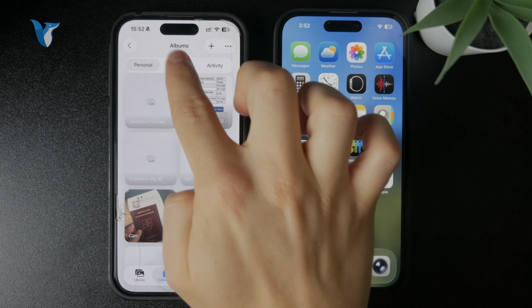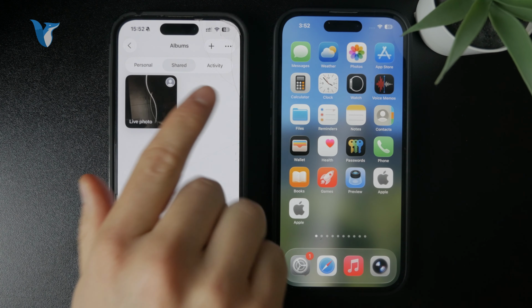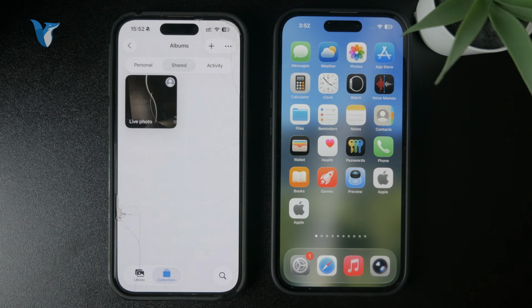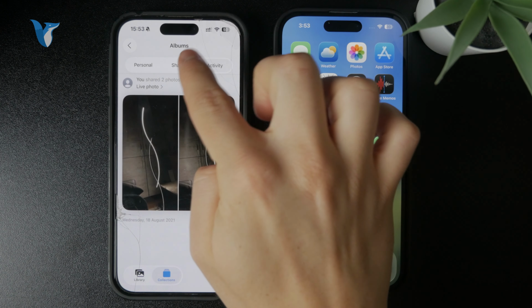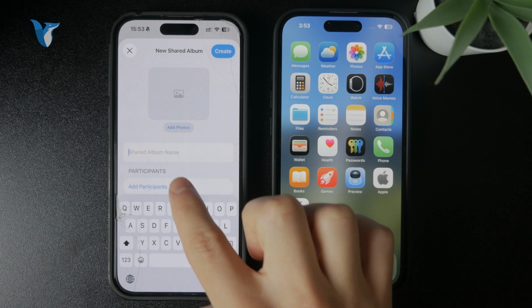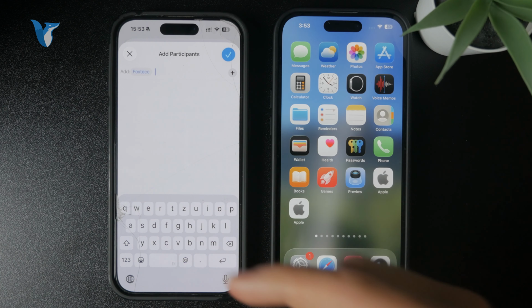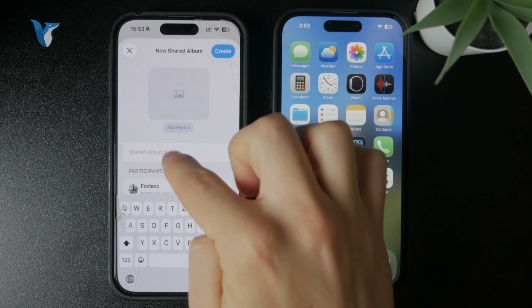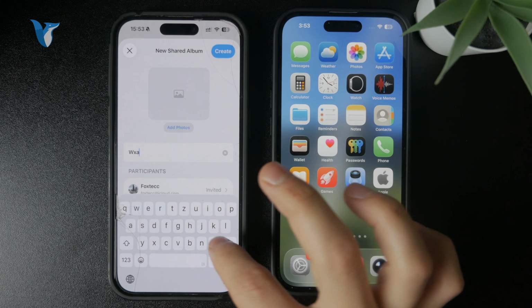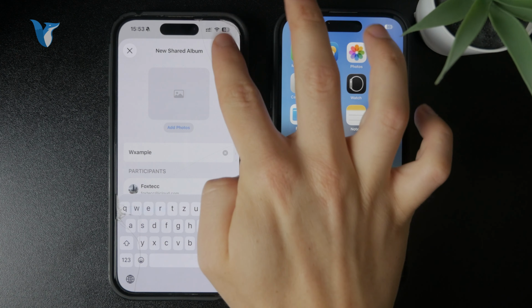Like you go to the Albums on one device, click on share, shared album, start a new one, and you click on the invited people. So you basically add the person here and you'll be able to just access their contacts and send the invitation over. On the next iPhone, you as well open up the Photos app, go to Collections and Albums,